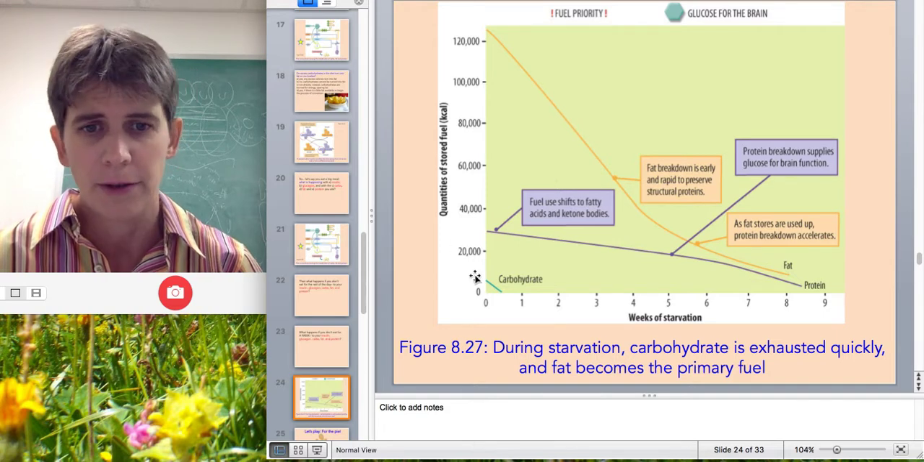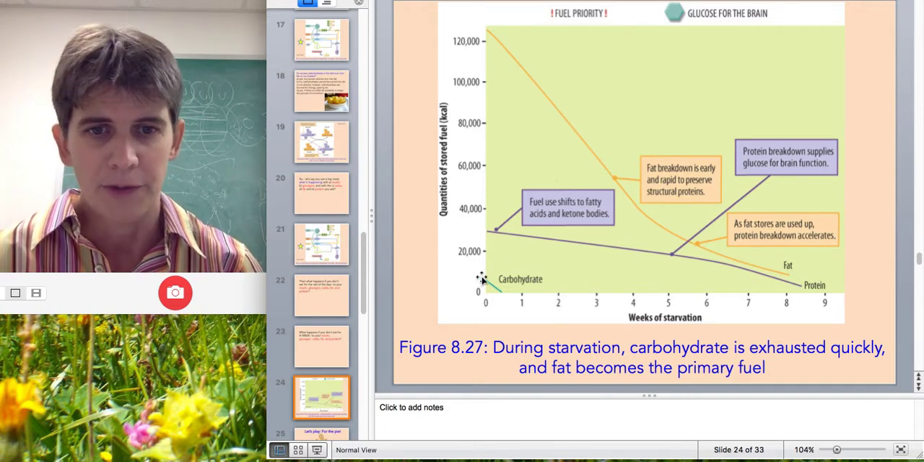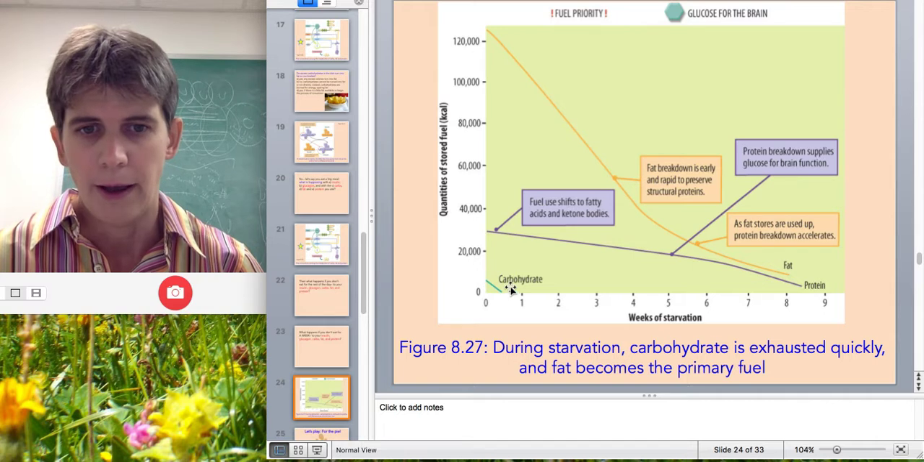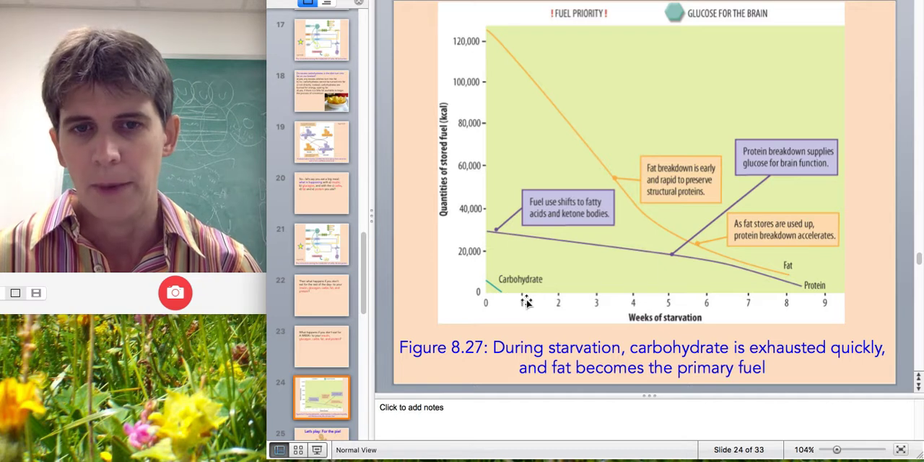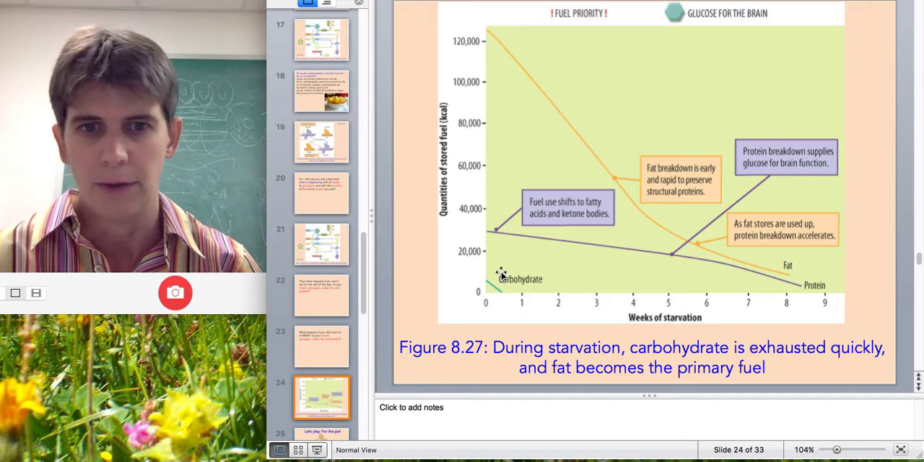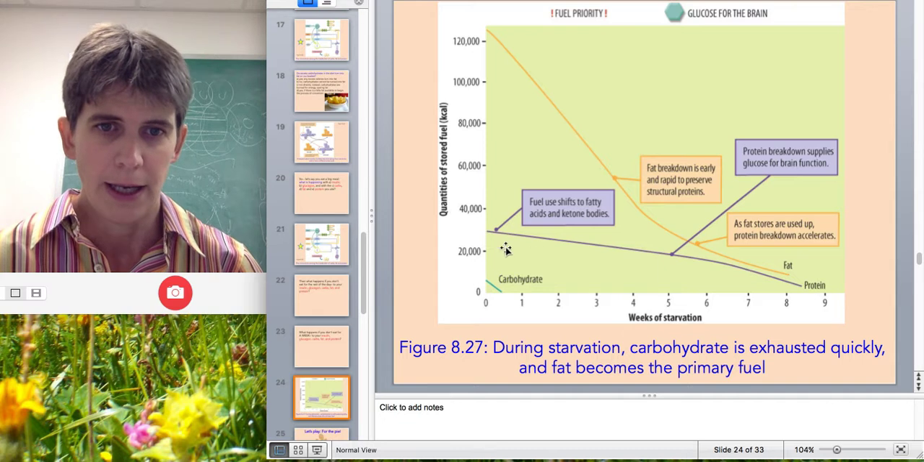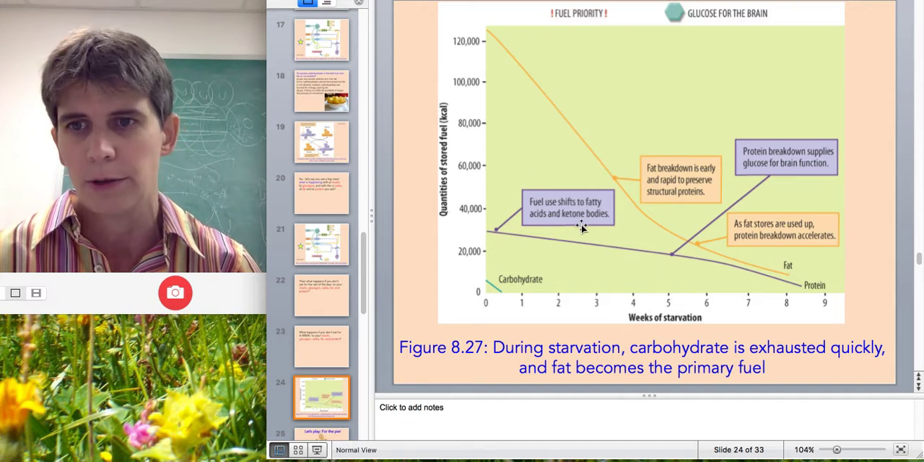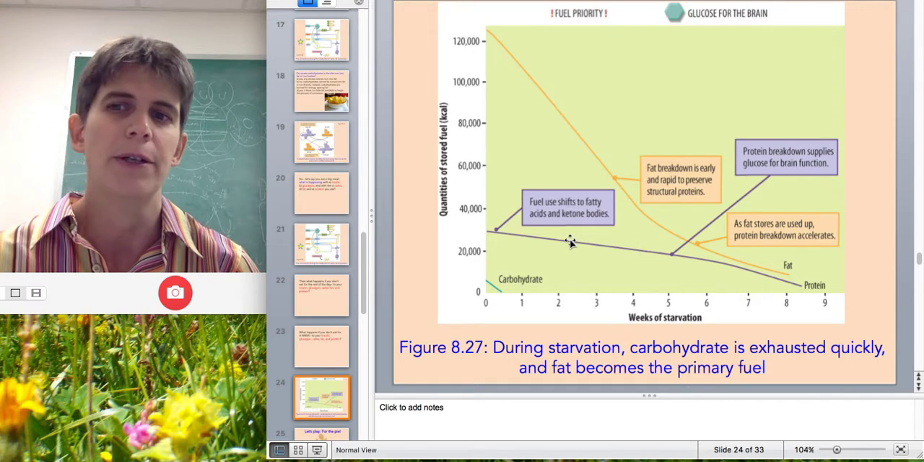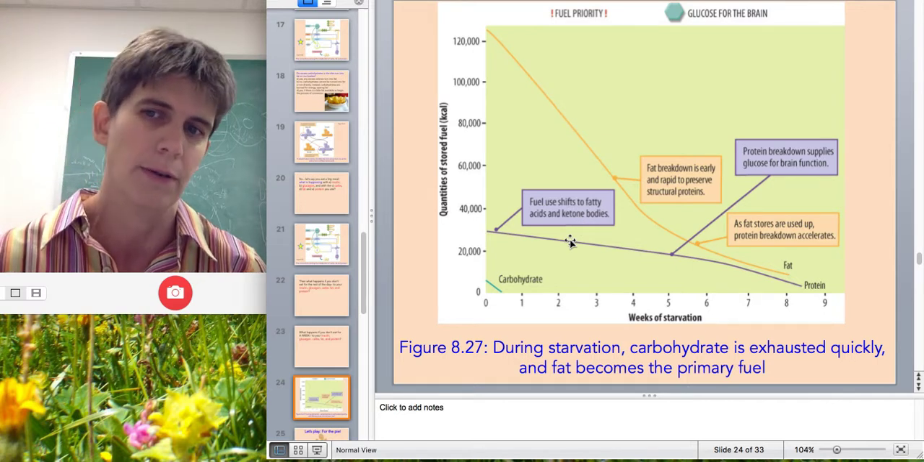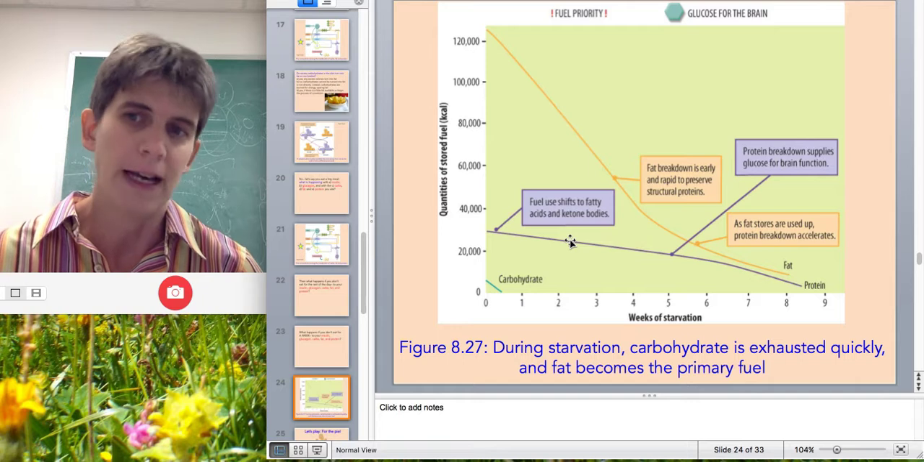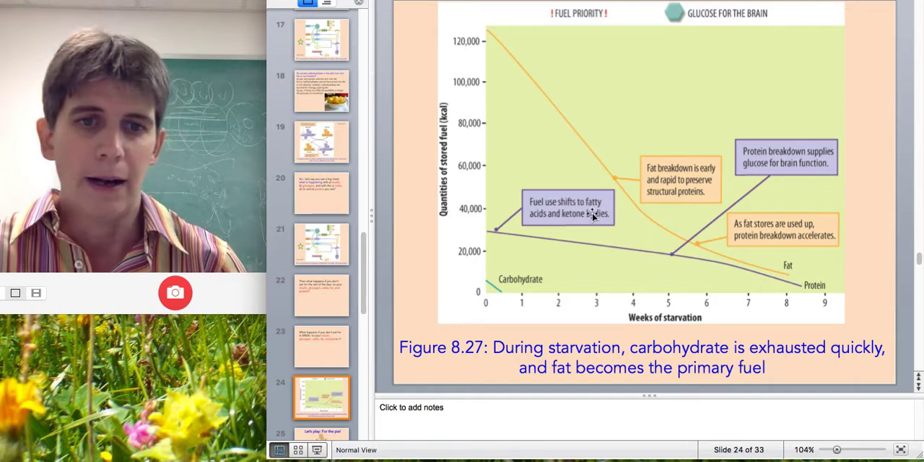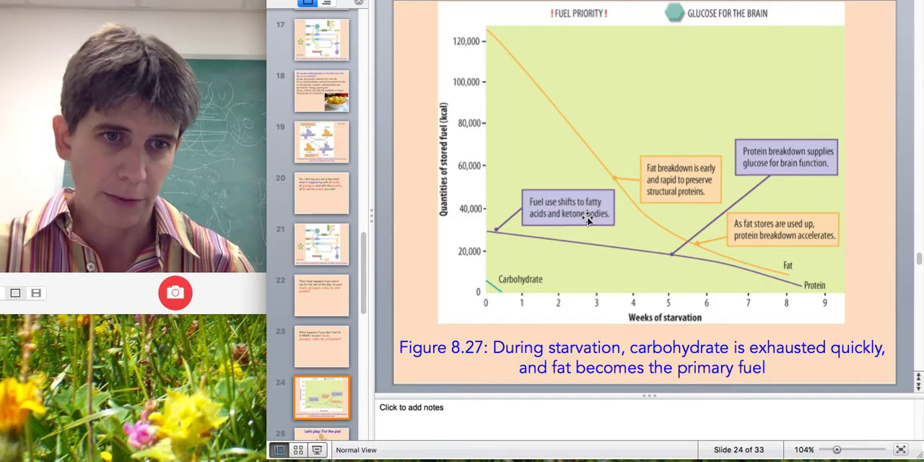So if you look down here in the bottom left, you'll see your carbs started out really low, and then they went to zero within a couple of days. This is 1 week, so within a few days after you stopped eating, you don't have any carbs in your body at all. The fuel use shifts to fatty acids and ketone bodies, which, remember, are what happens when you don't have enough carbs to burn fat the usual way: you end up with these ketone bodies,